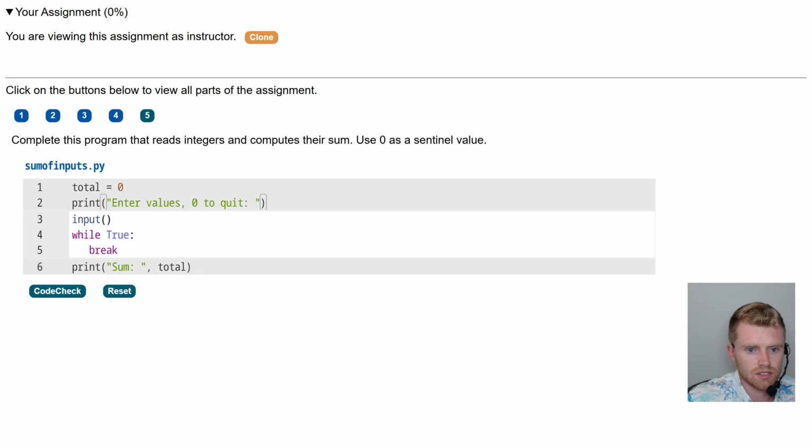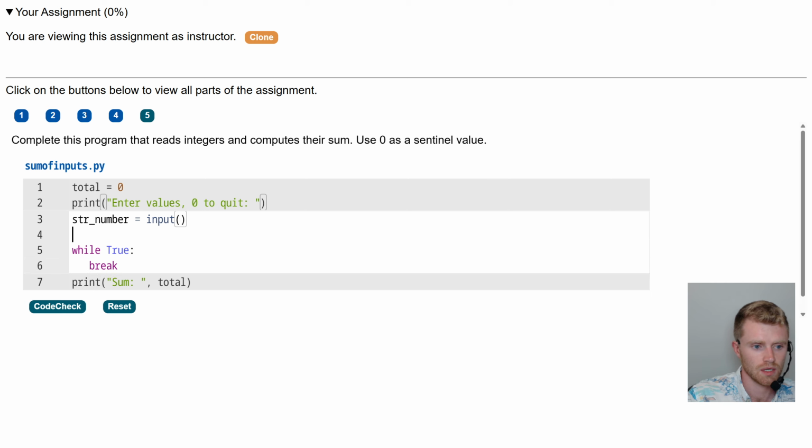It's going to give a str number, which is input, and we need to change that to an integer. So we probably need int: the int function to convert the str number to an int, and then we will